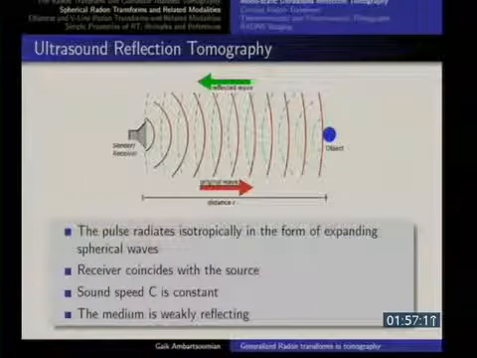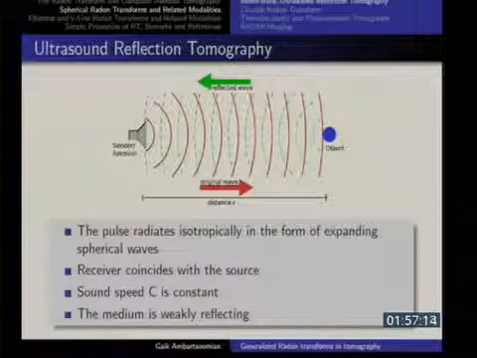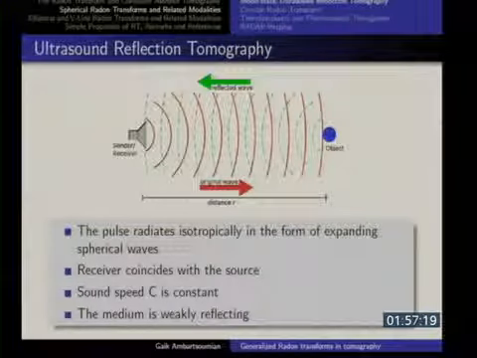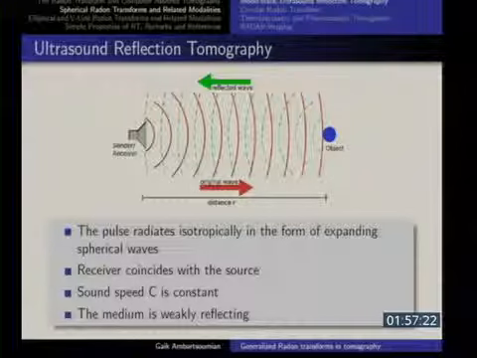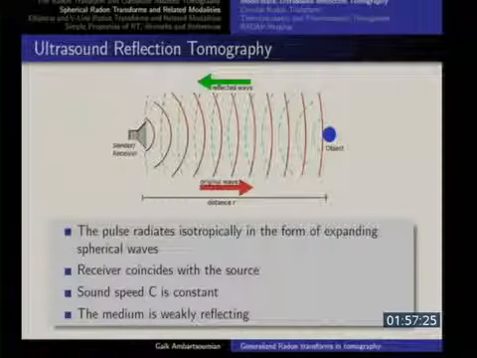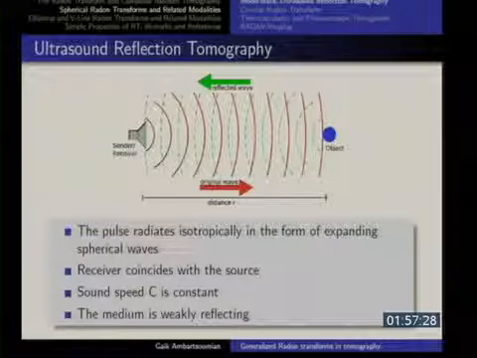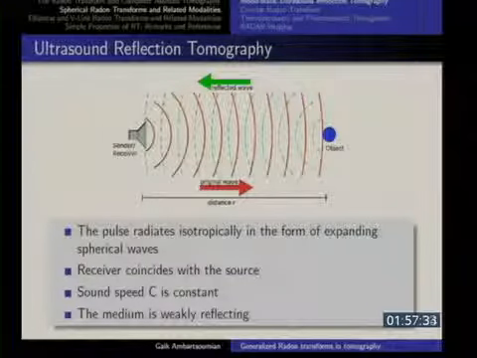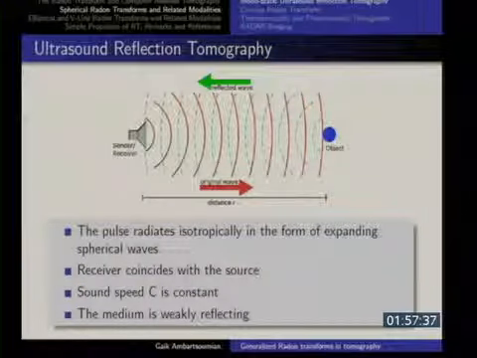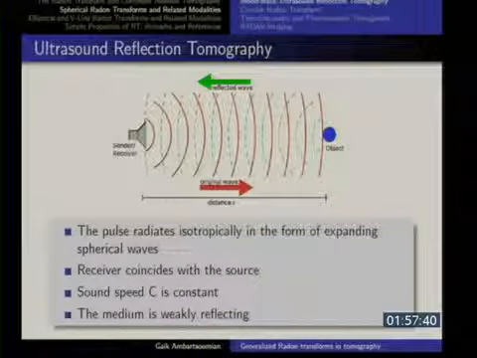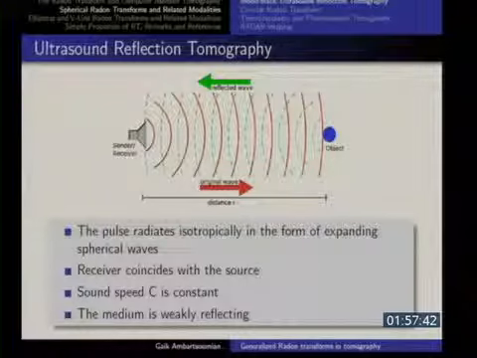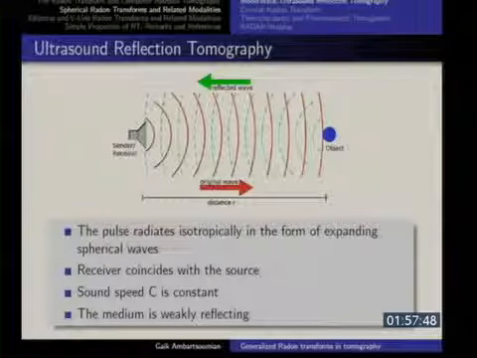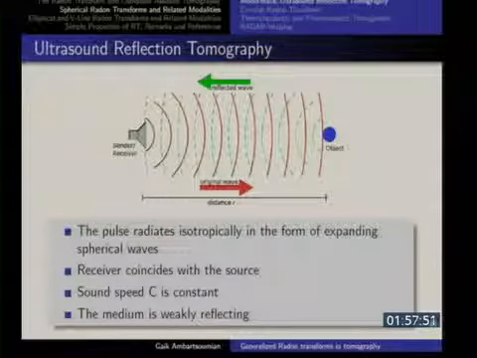Now I want to talk about some other imaging modalities to motivate the other types of Radon transforms that I'll be talking about during these lectures. The first modality I want to talk about is ultrasound reflection tomography. It's a very simple sketch. You have a device that works as both an emitter and a receiver. So it sends an acoustic signal and immediately switches to the mode of listening to the echoes. You send the signal, it propagates like these red spherical waves. There is an obstacle on the way. It hits the obstacle, and then the echo starts propagating back, these dashed green lines. Eventually, the echo reaches the receiver, and the receiver measures the signal.